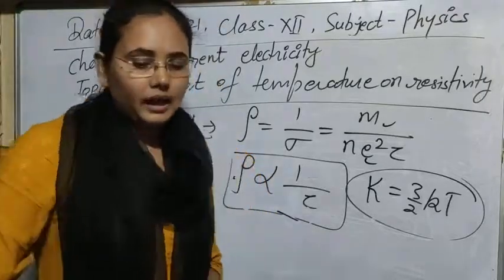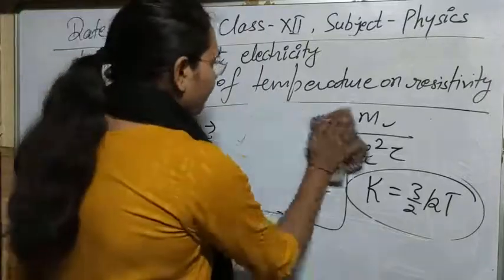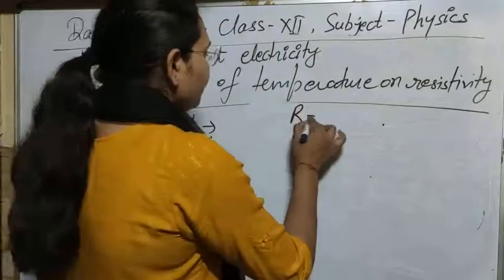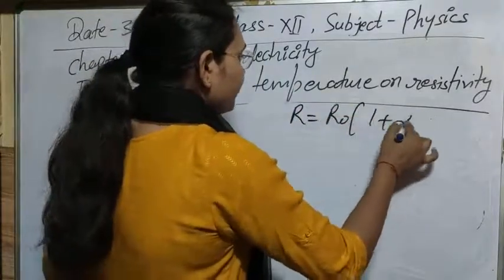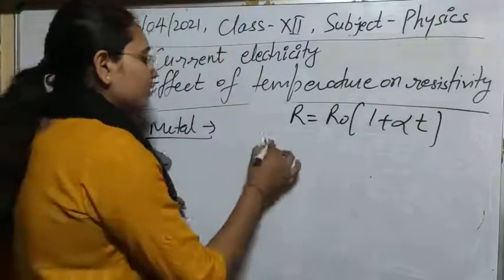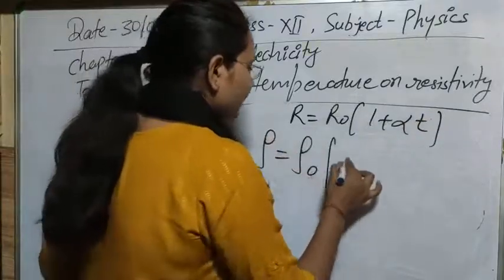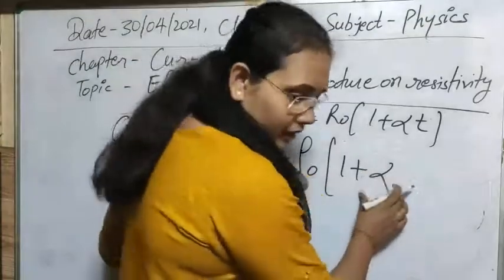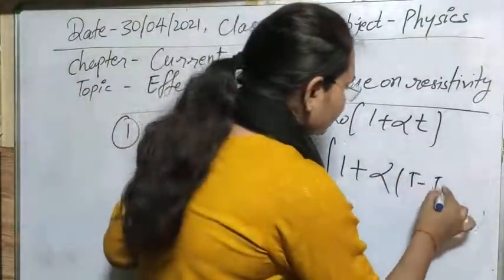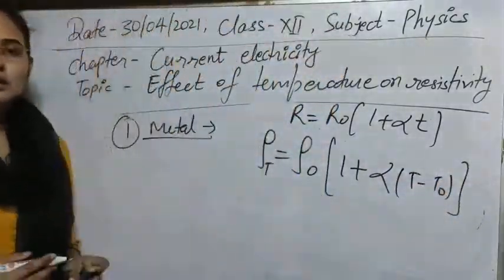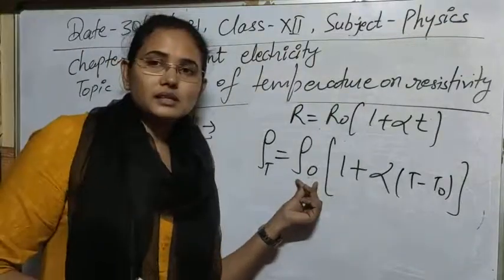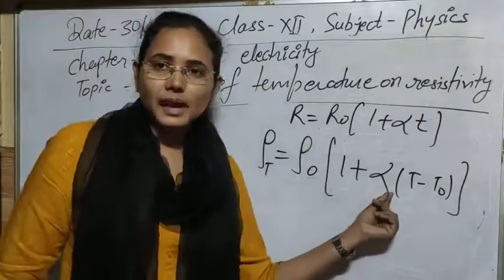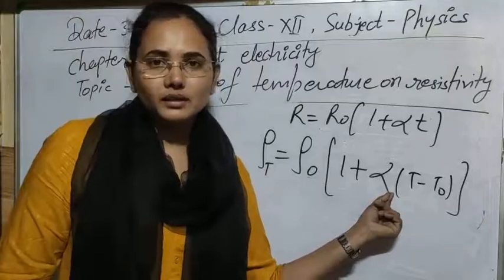So simply, for the case of a metal, the resistivity of the conductor or metal is increasing with an increase in temperature. And in formula form, if you want to write how it depends on temperature, then the same relationship as we have used for the resistance, 1 plus alpha T, we can use again for the resistivity. So resistivity is given, for any temperature T, by rho equals rho 0 times 1 plus alpha (T minus T0). Here rho 0 is the resistivity at 0 degrees Celsius, rho is at T degrees Celsius, and alpha again is the temperature coefficient of resistivity.